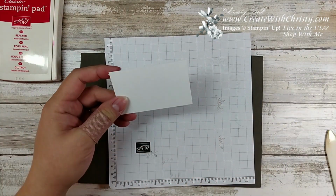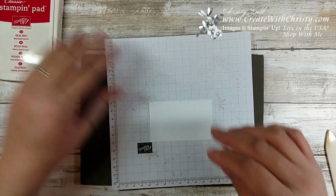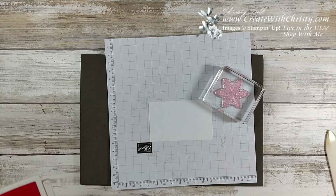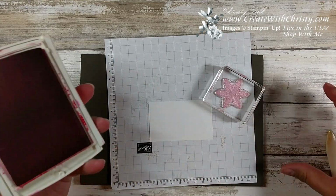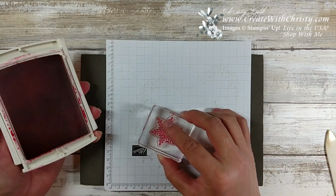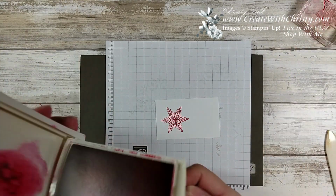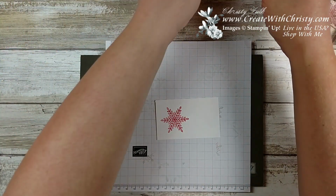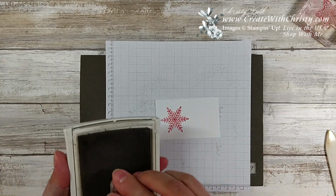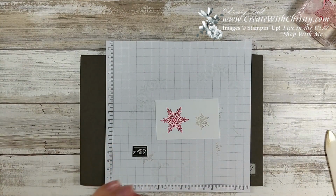Okay, now I'm going to take a piece of Whisper White cardstock. This is 3 1/4 by 2. I'm going to stamp this snowflake. It's the largest snowflake in the stamp set. I'm going to stamp it right here on the side with the Real Red. And then I'm going to take this second to smallest snowflake that's in the stamp set and stamp it with the Crumb Cake. Okay, now I can die cut these